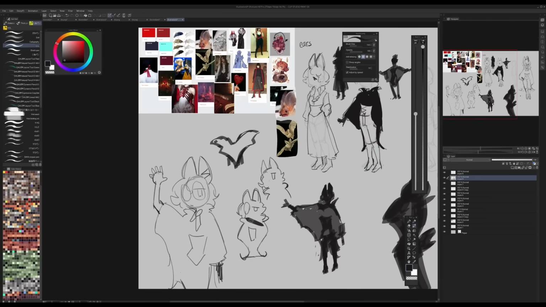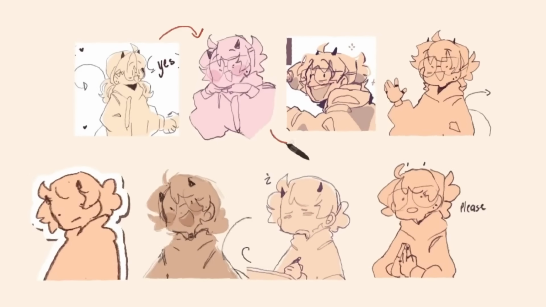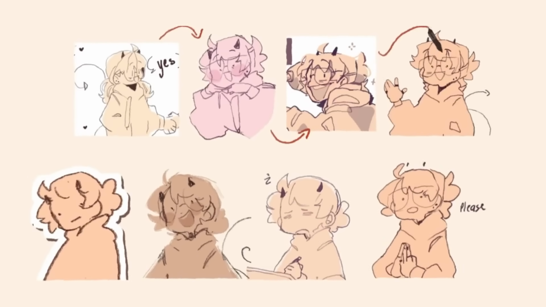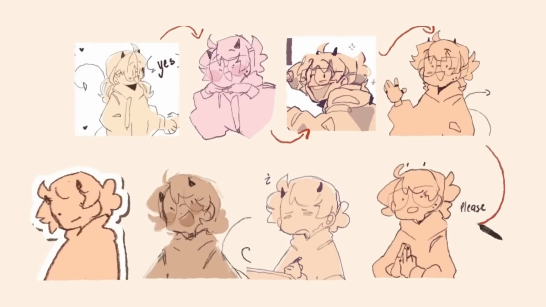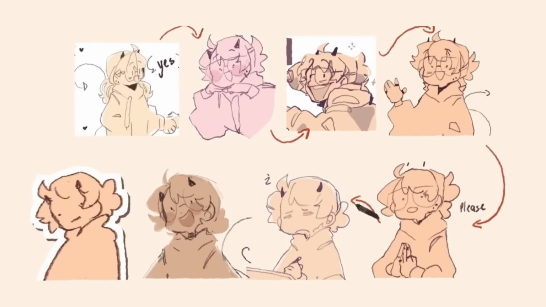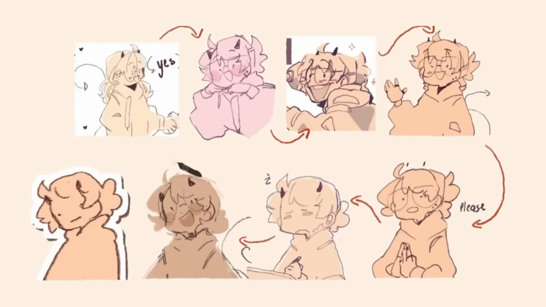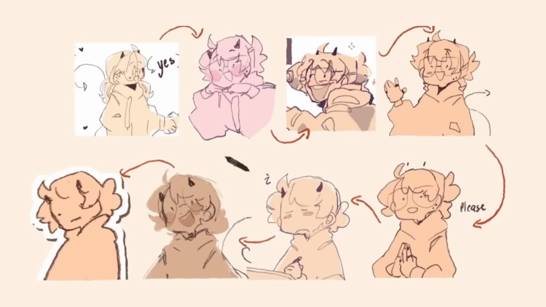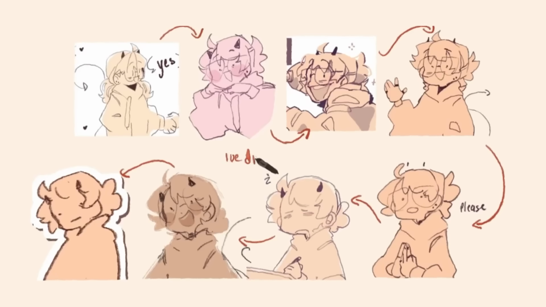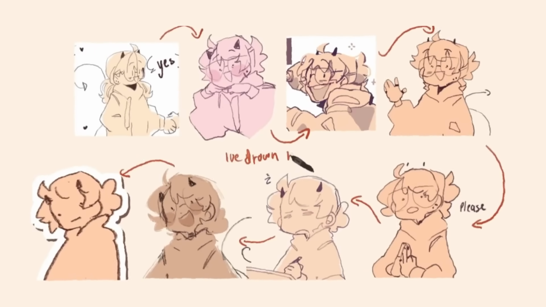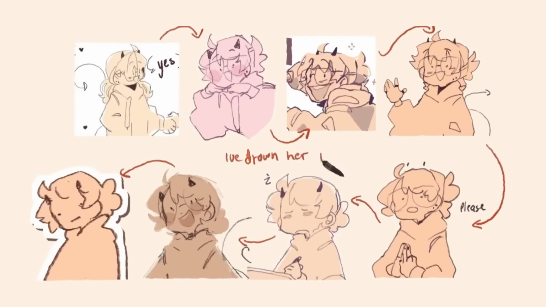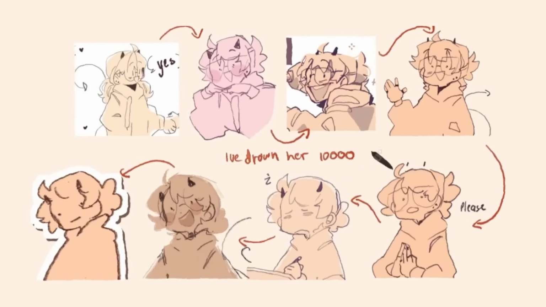The main idea of this is to keep drawing them over and over and over until you get sick of them and they become super easy and recognizable for you, because the more you draw them, the more you're going to get rid of the elements that don't really sit right with you, and the more you're going to start developing elements that really set them apart from everyone else. For example, my character started out having a really set hairstyle, but the more I drew her, the more the hairstyle just turned into really simple shapes that are easy for me to draw now.